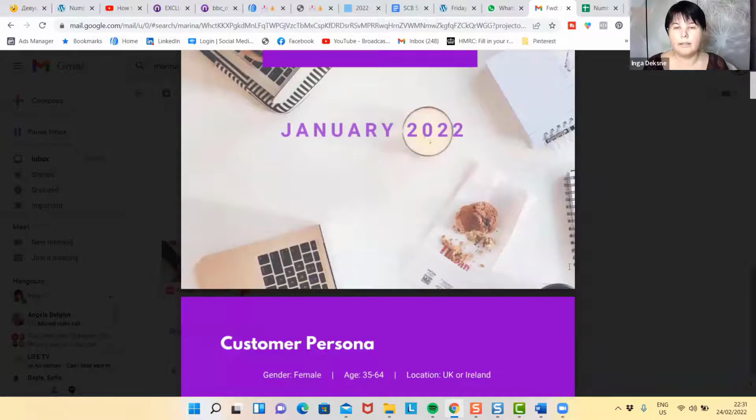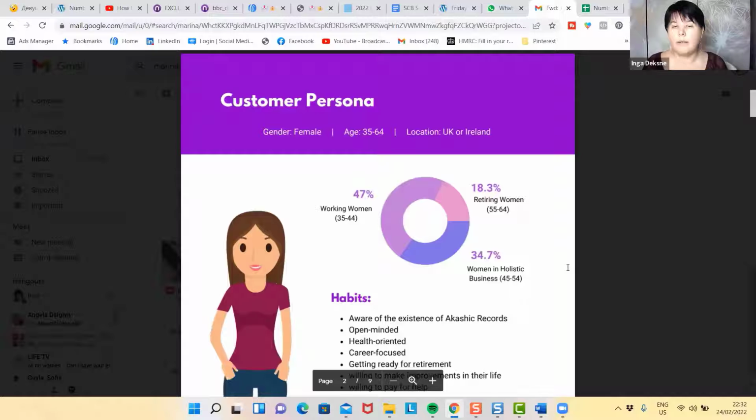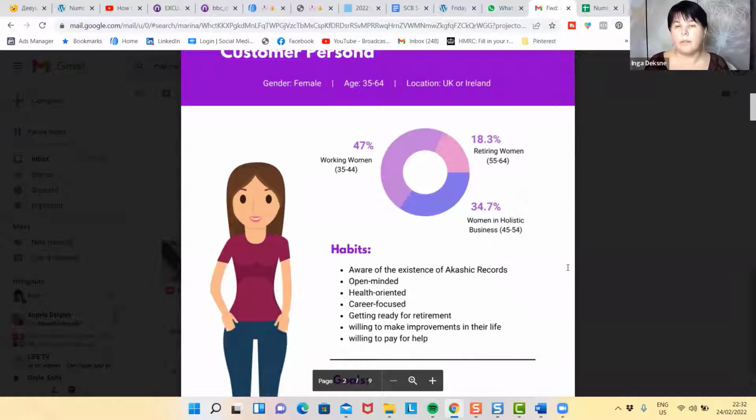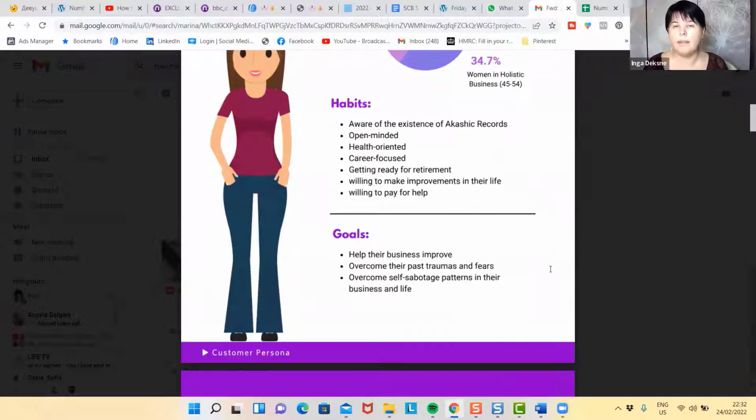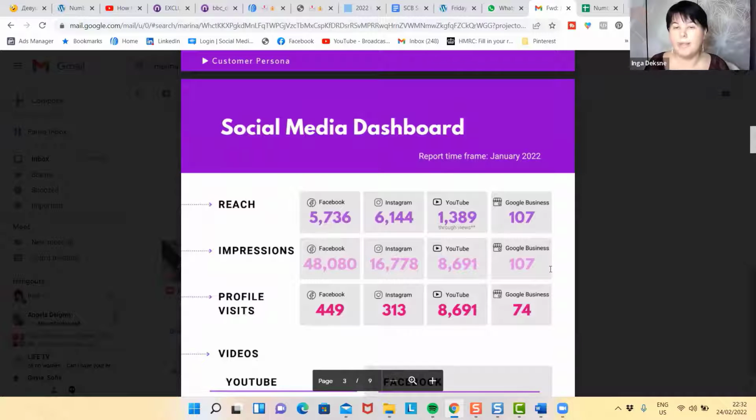So look, customer persona. I don't mention customer as such, but you can adapt it. This is what Marina has adapted for herself. She also put a description of her ideal customer, her habits, her goals, and just a reminder. This is the social media dashboard.